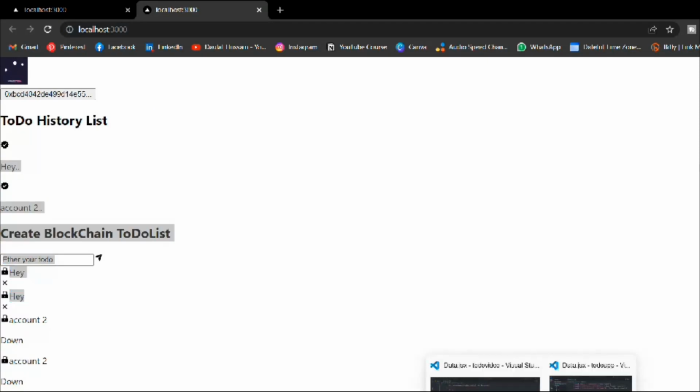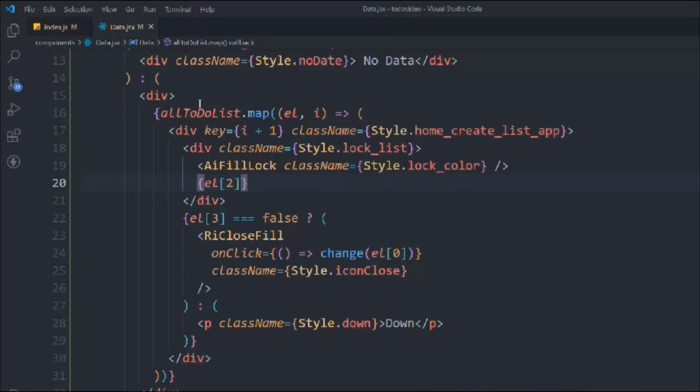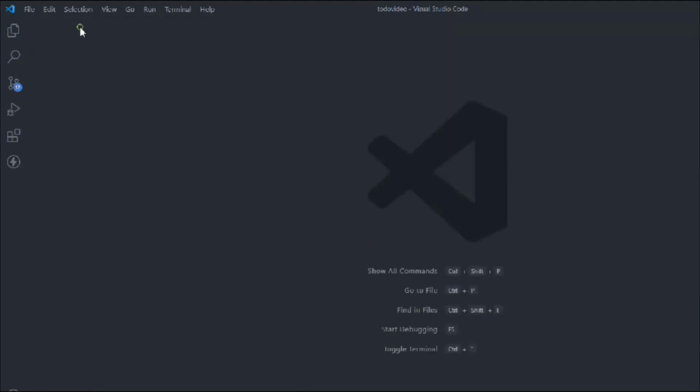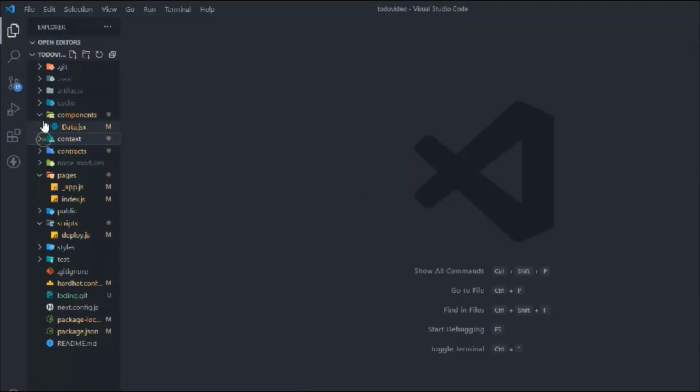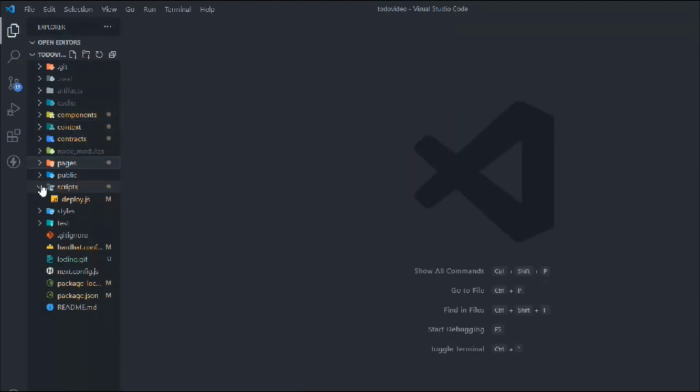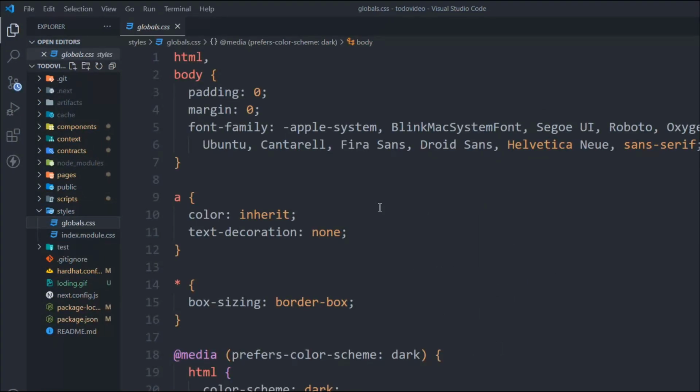So let's close this one, close this one, and let's come here. And with this we are done with the entire application structure, folder and file structure, and the logic. Now we're going to style this application. Okay,